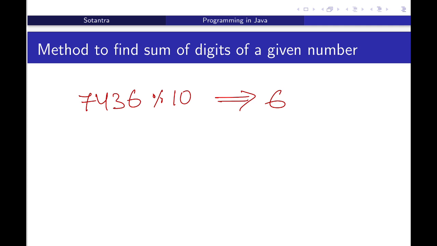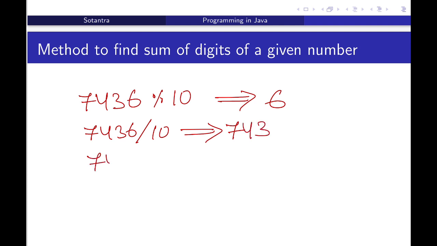Now if we apply division 10, then we are going to delete the rightmost digit, or we can say the rightmost digit is going to be discarded, or the digit that is at the unit place is going to be deleted. So we are going to get 743.